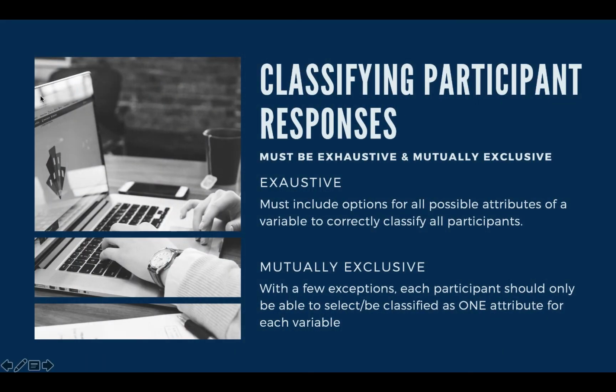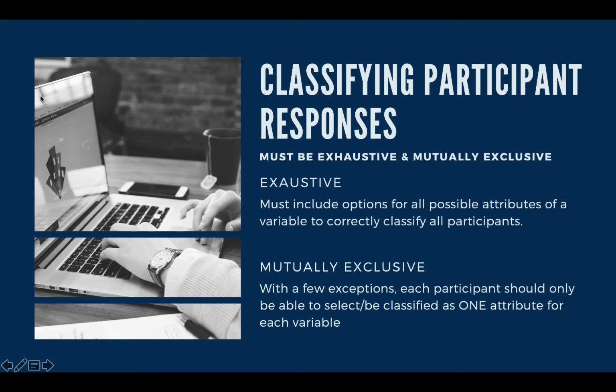Importantly, this idea of measurement really gets down to how you are going to allow your respondents to have a wide array of choices. If we're measuring racism, we want to allow them to say, yes, I'm experiencing this, or no, I haven't, or I'm not currently experiencing this. So we're creating these attributes for variables. But when we're creating attributes, we have to think about whether we are giving our participants enough information so that they can choose something. We don't want to leave anybody out. We want them to say yes or no, they haven't experienced this kind of institutional racism.